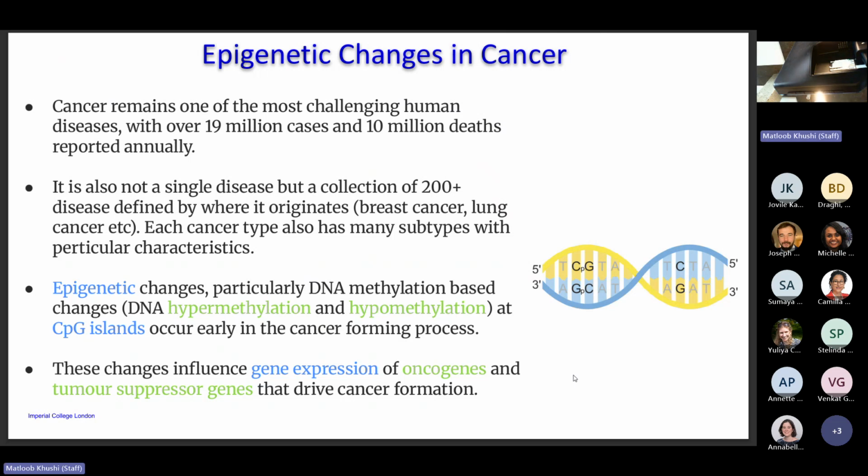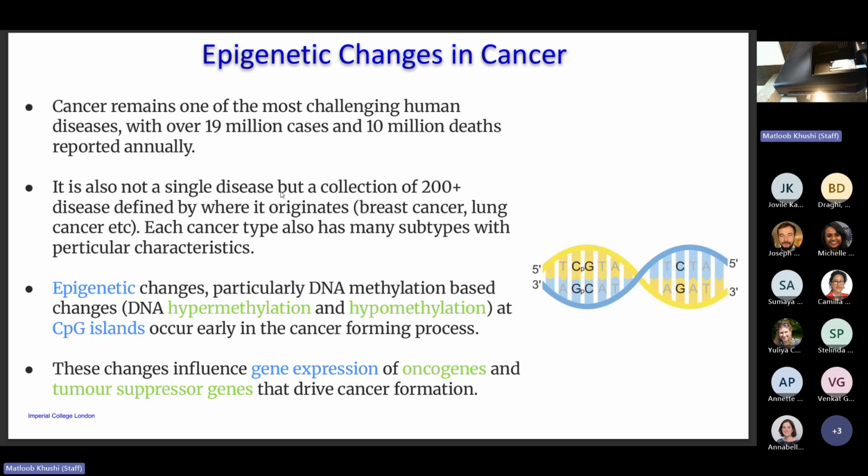Most of my talk is going to focus on cancer and how we are going to use these epigenetic changes, or epigenomic changes, to figure out what's going on in tumor cells. So cancer is one of the most challenging human diseases, or like animals and other creatures get it as well. And worldwide, there are about 19 million cases each year and about 10 million deaths annually. So it's not a trivial disease.